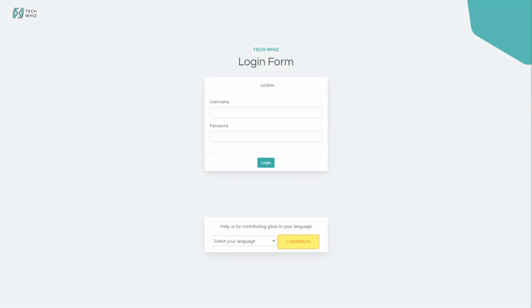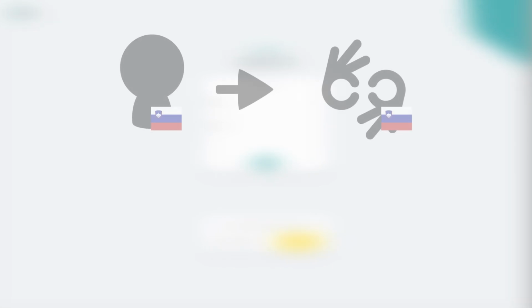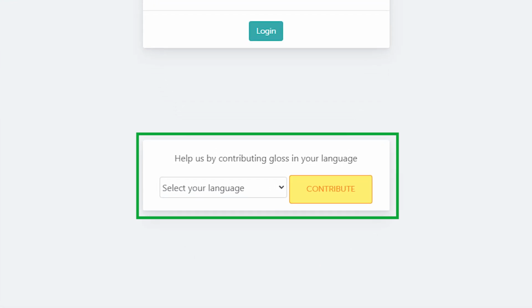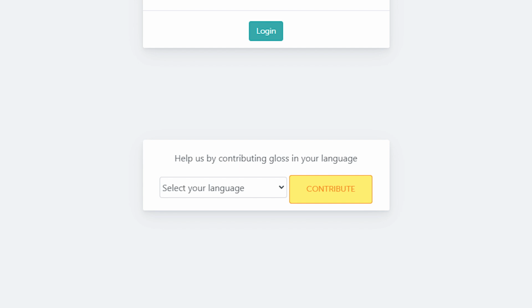Similarly to TechWiz Studio, the GlassLoader also starts with a login page. Users need to be assigned to specific sign language pairs they are able to support, and they are given some additional privileges than contributors. Under the login button, you will notice the contributors button that allows access to anybody without credentials. If you do not have an account, you can use the contributors option to gain access to the GlassLoader to try the tool and contribute.